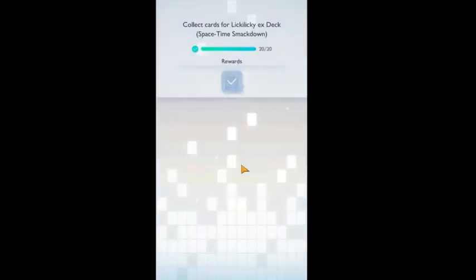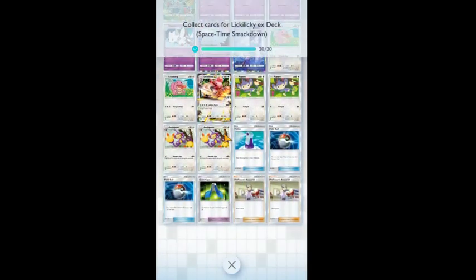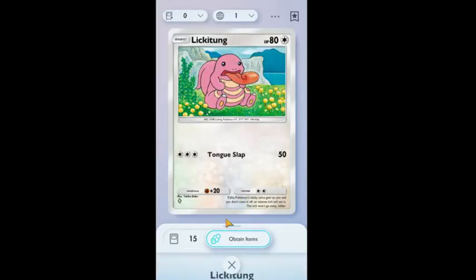Licky Licky EX, they put it into a Togekiss deck. You could really do anything with Togekiss. I mean, not with Togekiss, with Licky Licky, because it's colorless. I find this to be kind of awkward. You have no cards to encourage switching, which means if you're locked into a Lickitung at the start of the match, if you only draw...